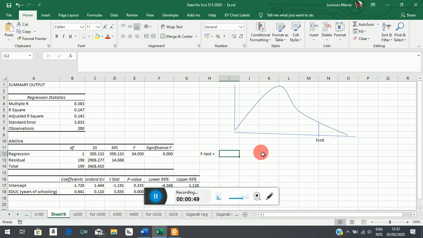And the usual way we approach this is to say: the ratio of what the model explained, this is measured by ESS or the R squared,